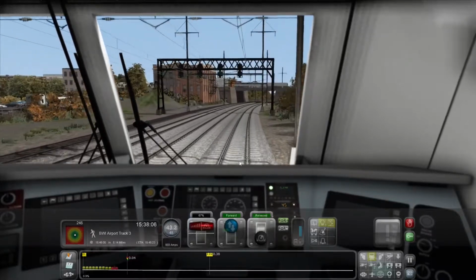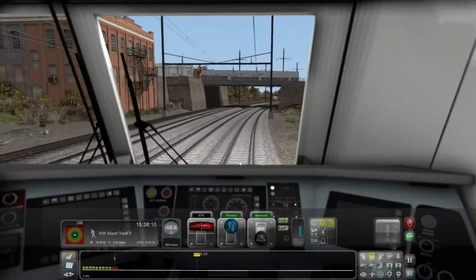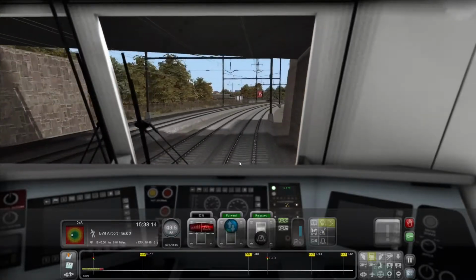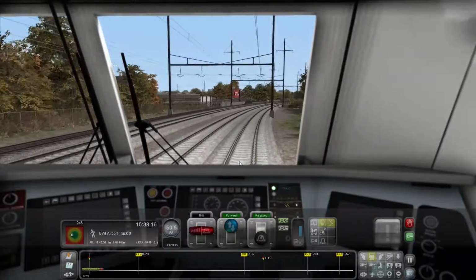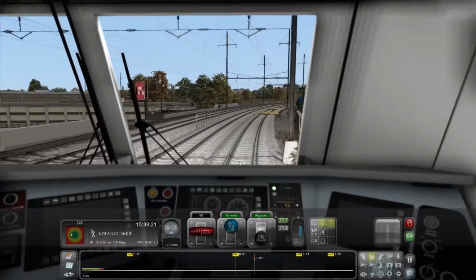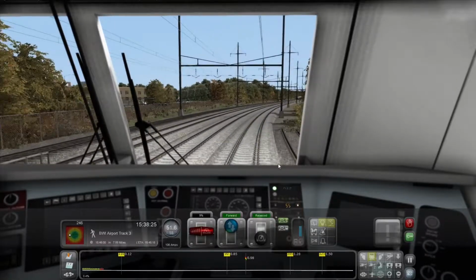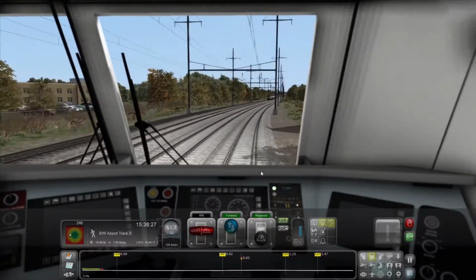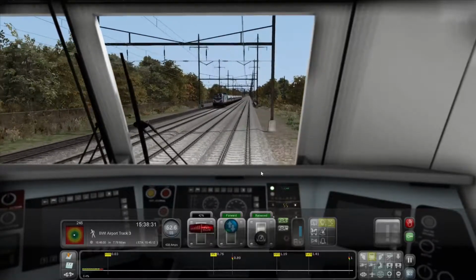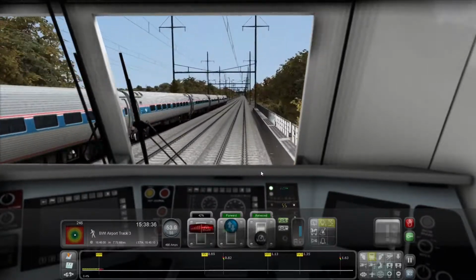Wow, we can then go 110? Now that... I don't remember that being the case, but... I wasn't on this line before in that regard, so... So yeah, that better be giving me some sort of an early signal, because if I'm going 110, I'm not reacting anytime soon to that, so...